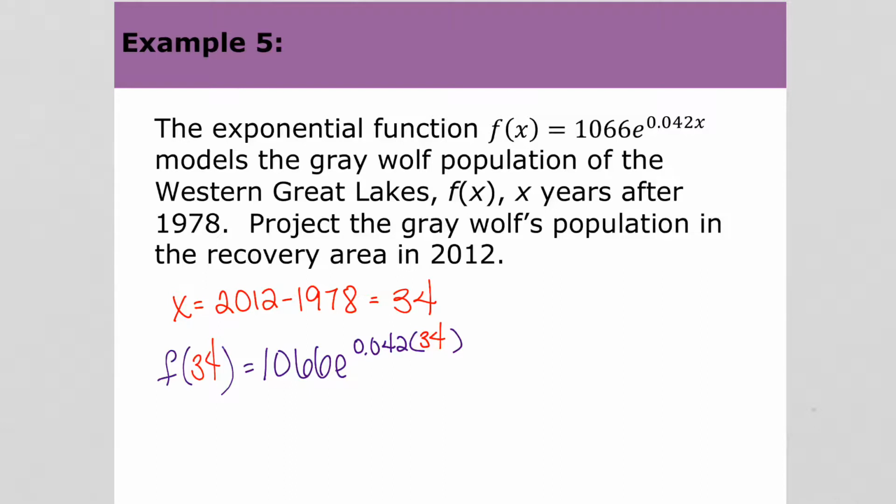When you put that in your calculator, you might want to go ahead and find what is 0.042 times 34. It is 1.428. And then you just put it in your calculator. 1,066 times e to the 1.428. And we should get